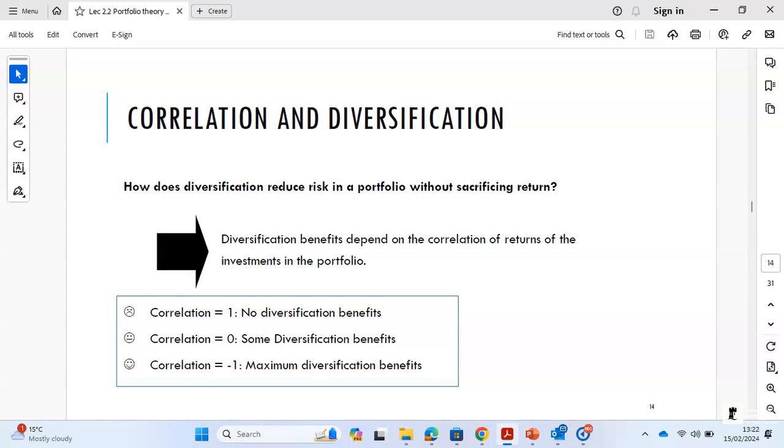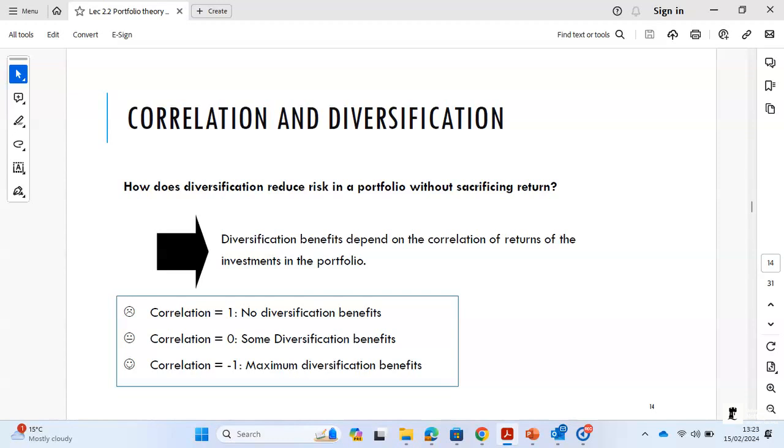So you will not have any diversification benefits when the stocks are perfectly correlated. When correlation is +1, there is no diversification whatsoever. The benefits of diversification will only accrue when the correlation between the stocks that you're adding into your portfolio is less than 1. And the benefits will be greatest when the correlation between the two stocks is -1, which means the two assets are perfectly negatively correlated. Okay?